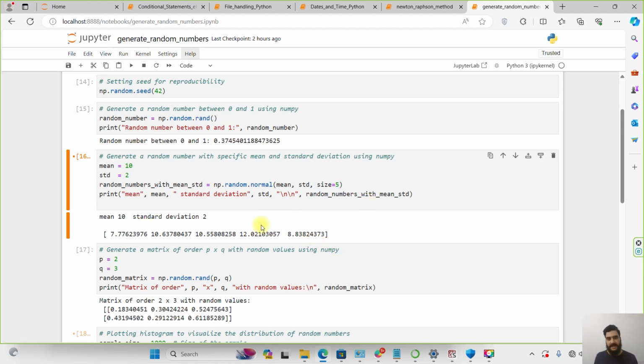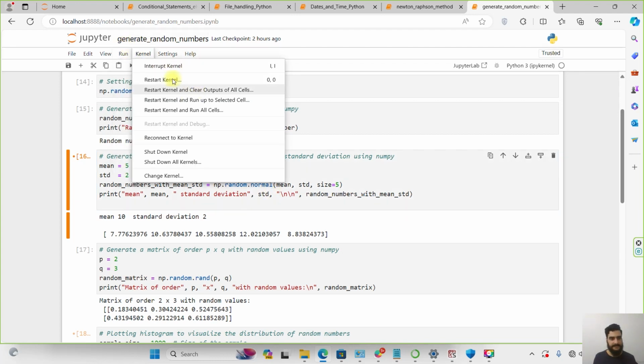But for example, let us change this value. Let's say we want to change the value of mean to 5, and the standard deviation equal to 2. We keep it the same as here. So if I run it again,